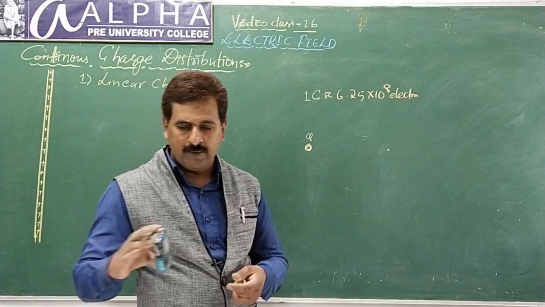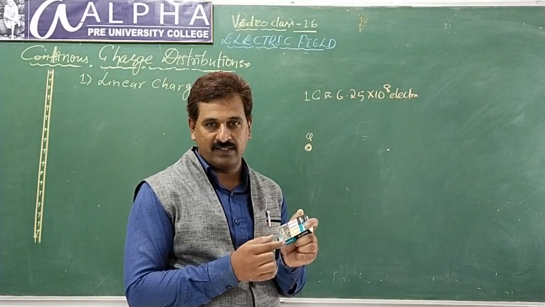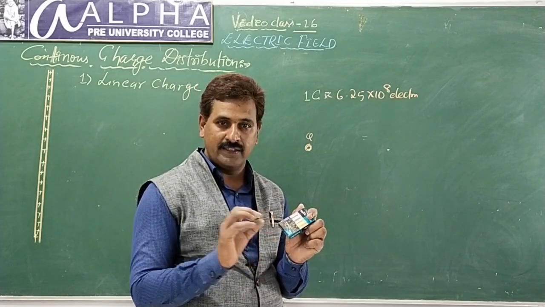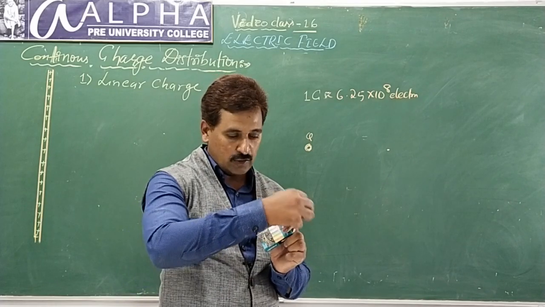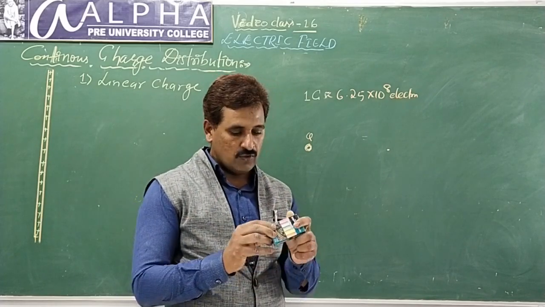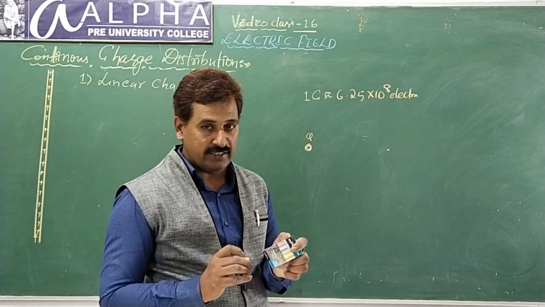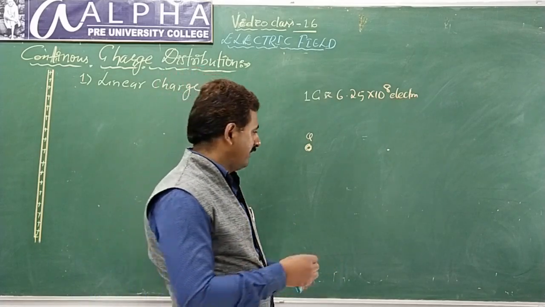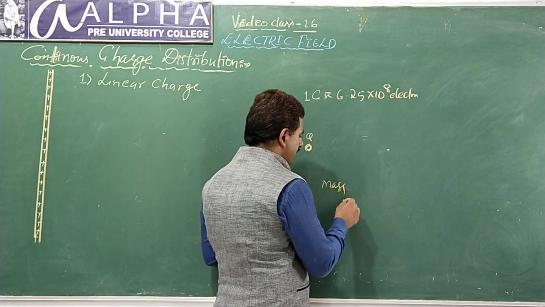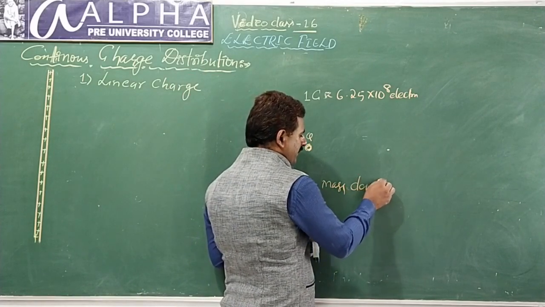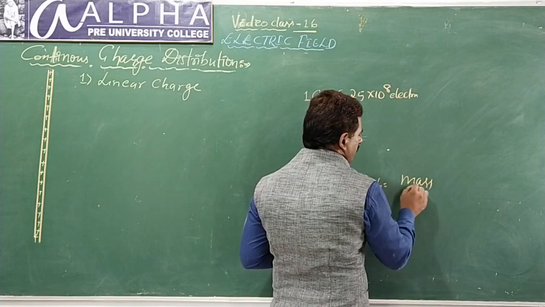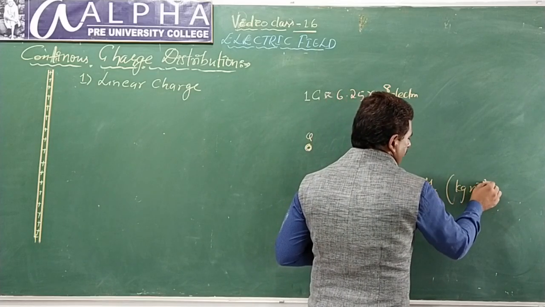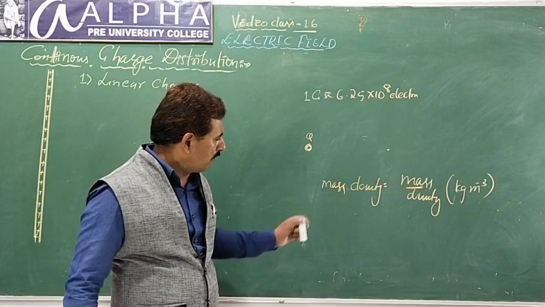You consider this box of pieces of chalk, right? This has length, breadth, thickness, 3 dimensions, right? It occupies a volume in space. So to understand such things, the volume occupied by a mass, we use a term called density. In fact, to be precise, mass density. What is mass density? It's mass by volume. How do you write the units? Kg per meter cube.